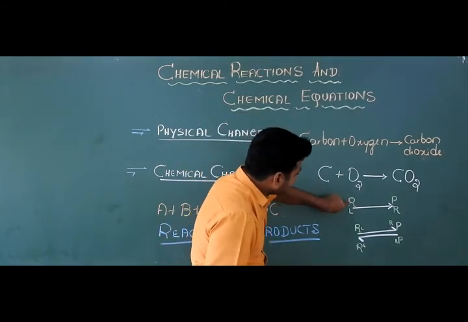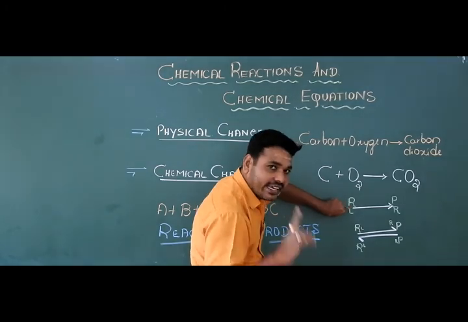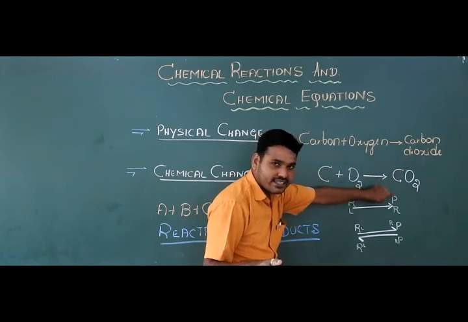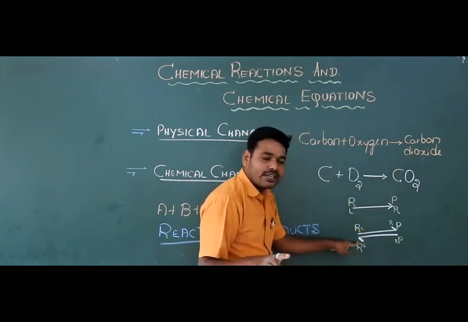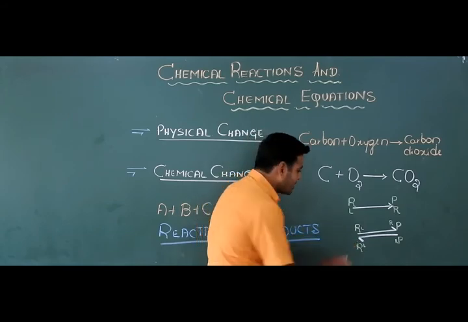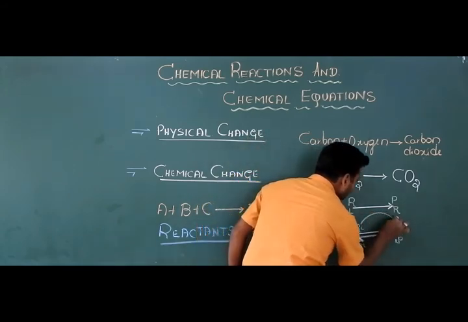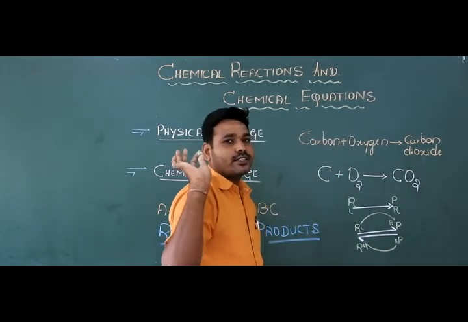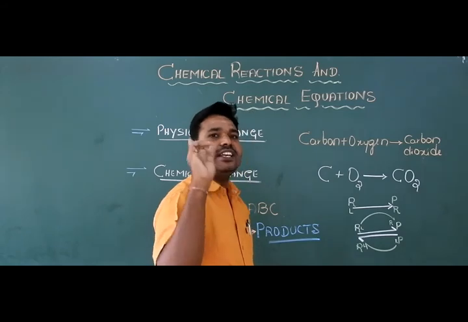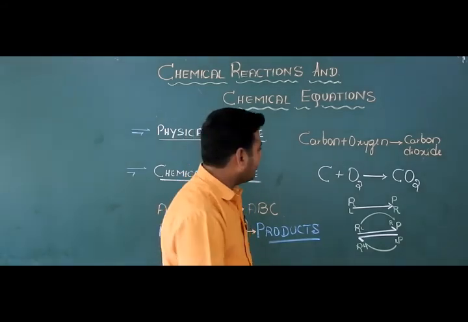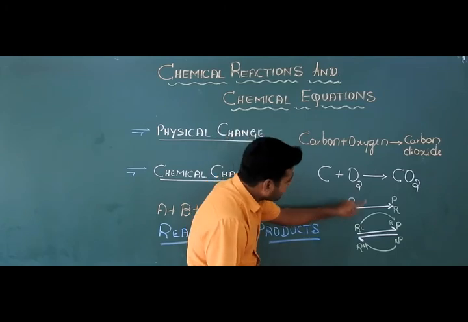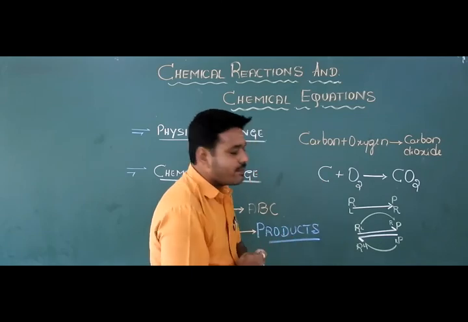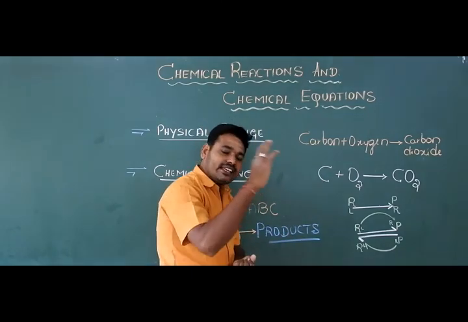So here, an irreversible sign means that only reactants are converted into products, and the second sign is the reversible sign. Reversible means that reactants are converted into products and again products react to give back the original substances, students. Okay, so between the reactants and the products, either there exists an irreversible sign or there exists a reversible sign, students. And now with the help of this reversible and irreversible sign, in a chemical reaction,